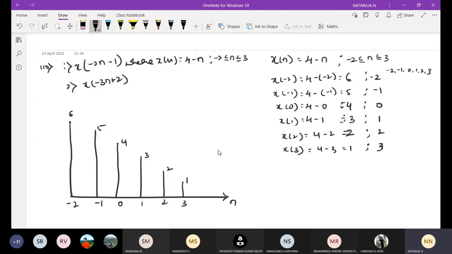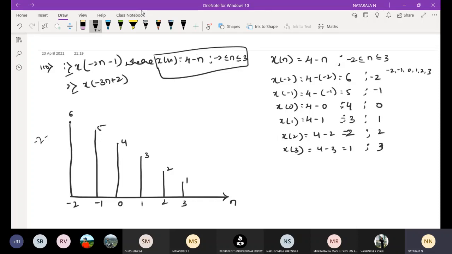Okay, this is for x of n. For this also you will get marks in the external exam. We need to find x of n by making use of this relation and the limits of the samples, use this calculation and find the graphical representation. This carries 2 marks. Then if you are going to find the first and second, each one will be 3 marks. Like that, they will divide the marks.